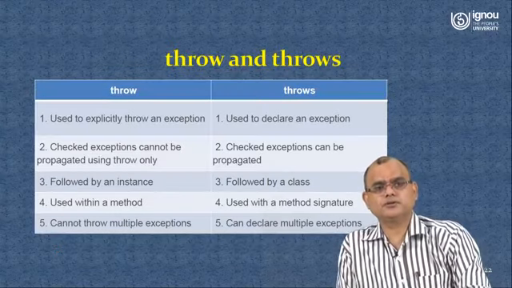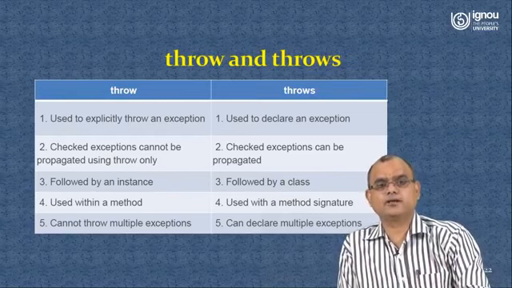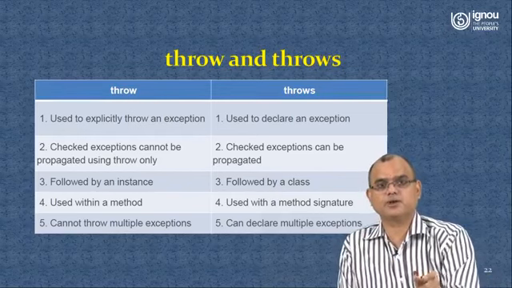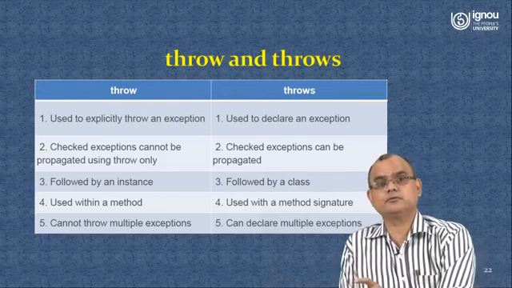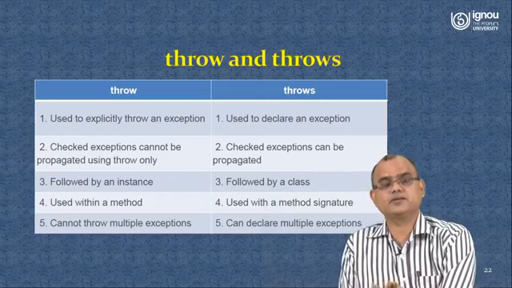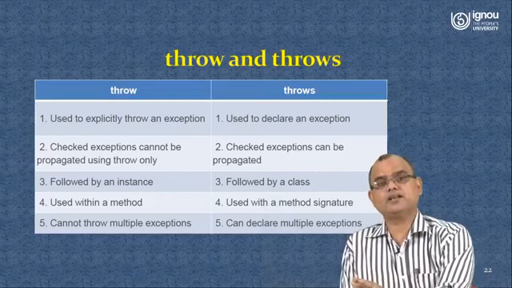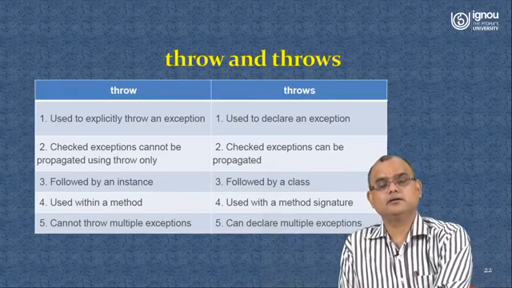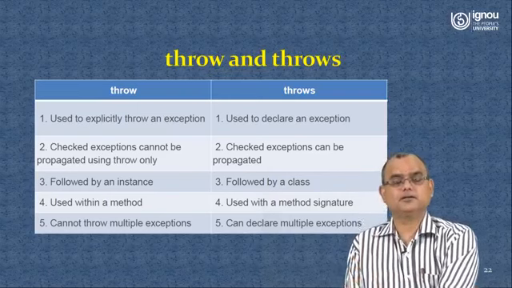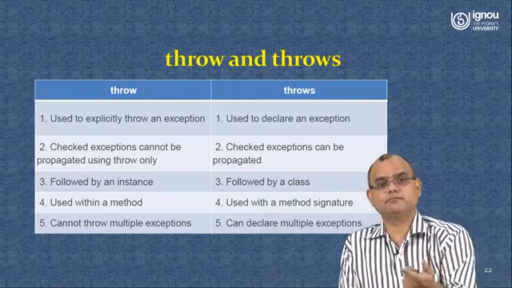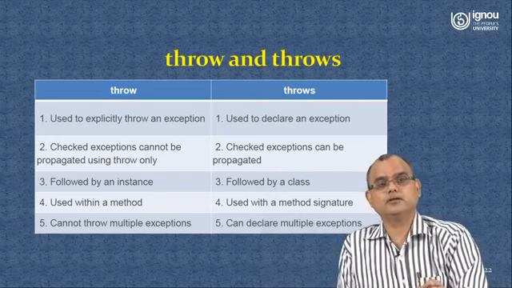Throw and throws. Throw is used for throwing only one specific exceptional condition checked by the programmer, but throws is going to be used extensively in normal programming scenarios, because there you can declare multiple expected exceptions as a comma separated list, and those different exceptions can be handled by the places from where that particular method is called.